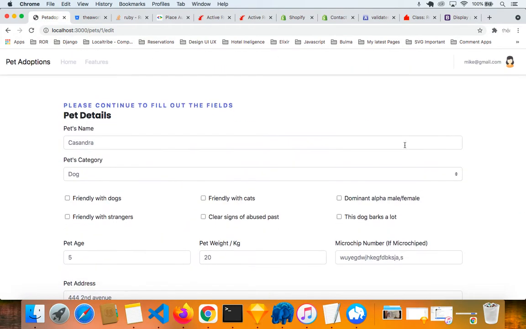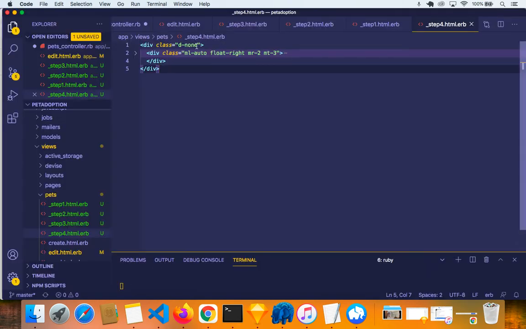And what we want to tell Rails is, look, if the URL is step 1, show this. If the URL is step 2, show step 2. But in order to do that, we're going to have to take this here and put some logic in. Let me cut this, okay? So inside of this class, we're going to have to say in Ruby,